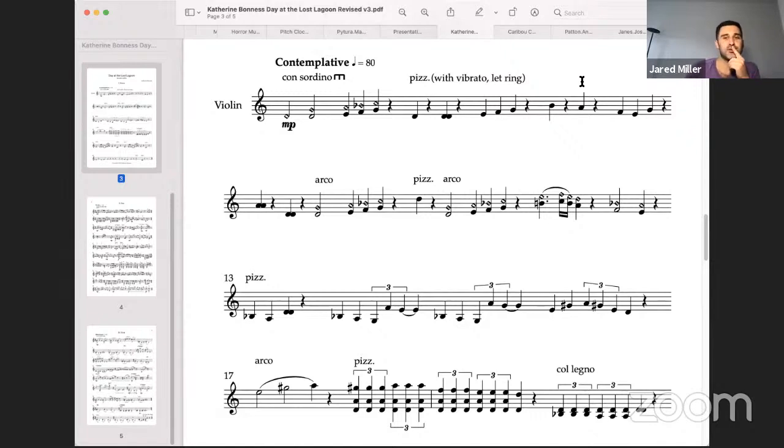It doesn't have to be anything extreme, but let's just say you take all of this material and they're all quarter notes, but you sort of roll the dice or flip a coin, and if it's heads, this is an eighth note, and if it's tails, this is a quarter note. You can do that for each of these notes and just see what you come up with, see if it changes the shape of the rhythm and makes it a little less predictable.